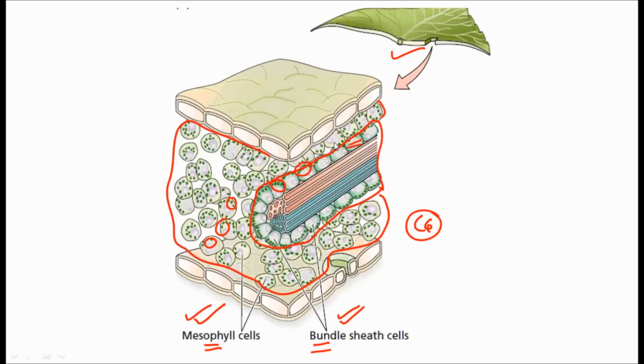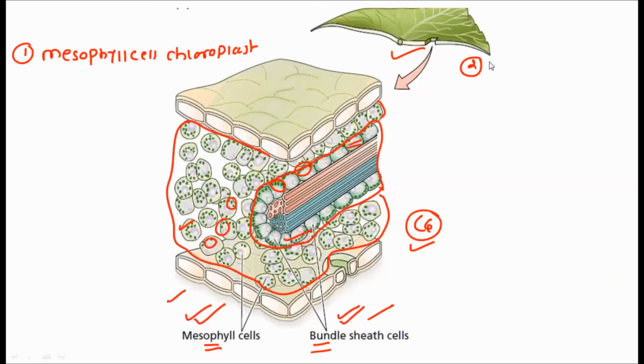But there are many differences between the chloroplast which are found in mesophyll cells and the bundle sheath cells. And due to these differences, we say the chloroplast shows dimorphism in C4 plants. Now let us see what are the differences between the chloroplast of mesophyll cells and the chloroplast of bundle sheath cells. Here we will write about the mesophyll cells chloroplast, while on this side we will write about the